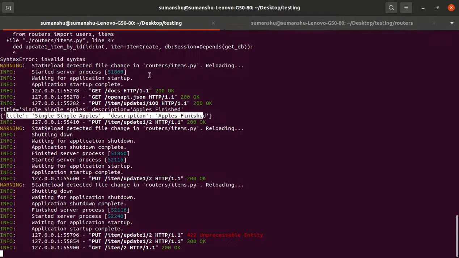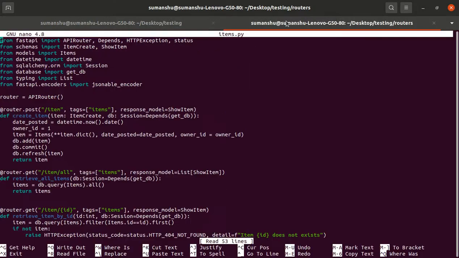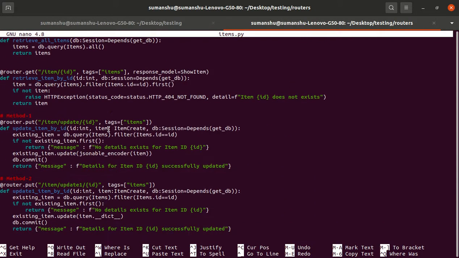So we have seen a lot of options in this video. In the earlier video we saw the get and post methods, and now we see the put method. Within the put method, we see what details we want to take from the user, and how to run the update query. We first have to filter the particular item, and then on that we have to use the update keyword.